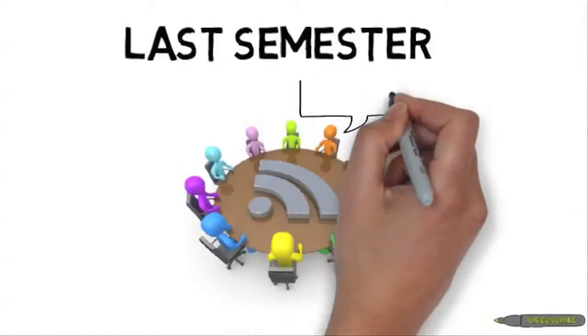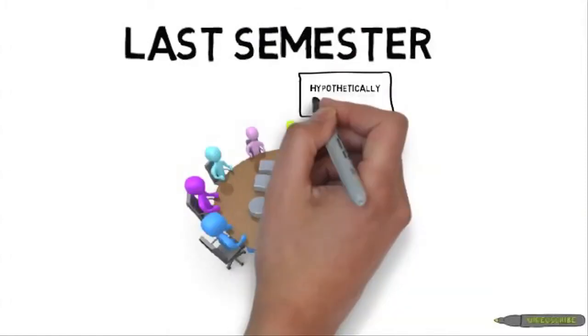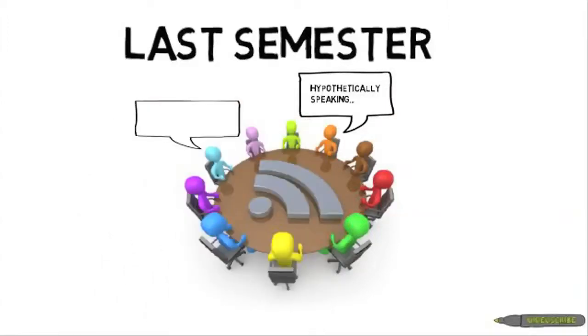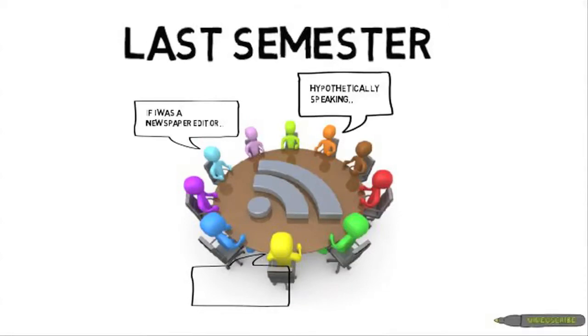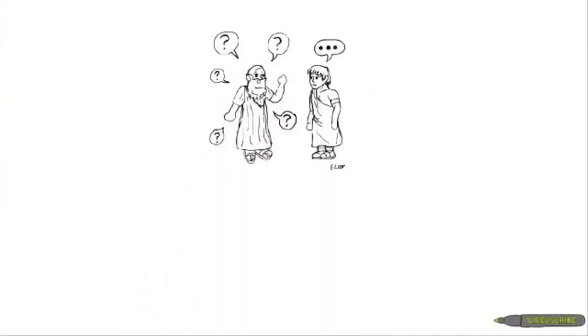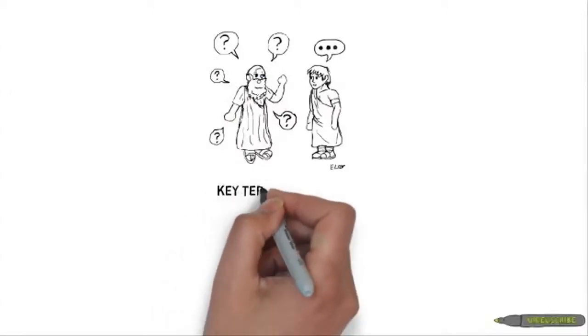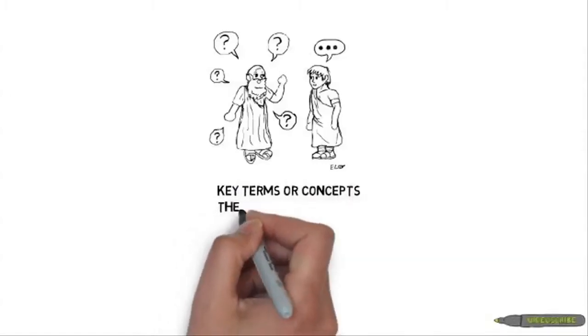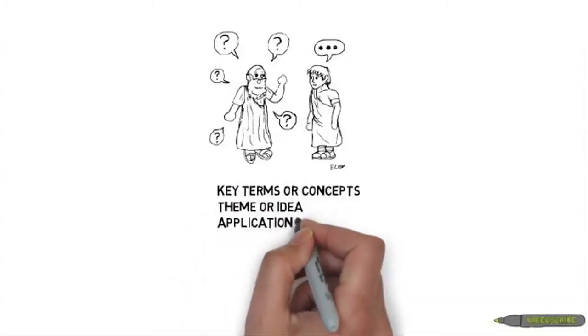Previously, I had each group discuss the same hypothetical situation at the same time and then respond to a list of questions with the entire class. I found students weren't prepared and that the same 2 or 3 students did all of the talking. This time, I gave students a list of 9 questions in advance. They had to turn in hard copies in class with the answers, which improved attendance, and then the questions started with key terms or concepts, moved up to a theme or idea, and then applied the concepts to real life.